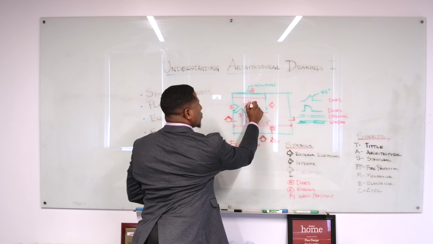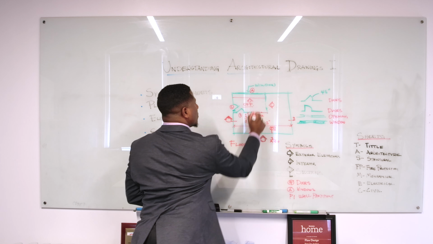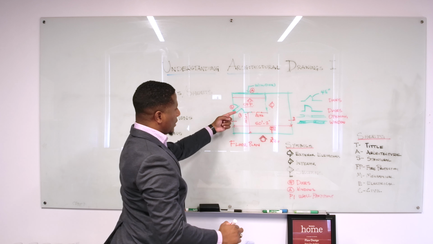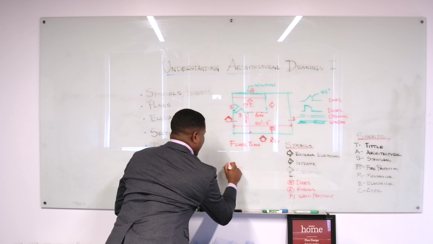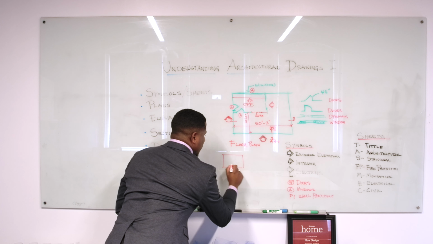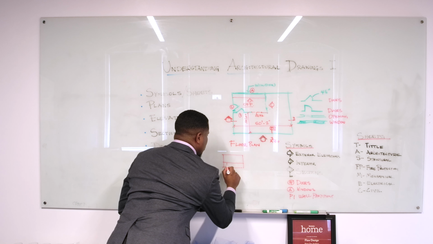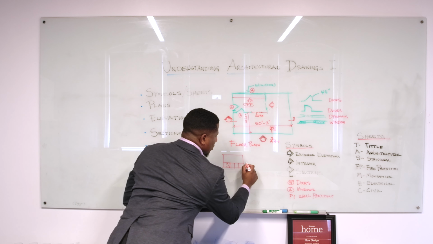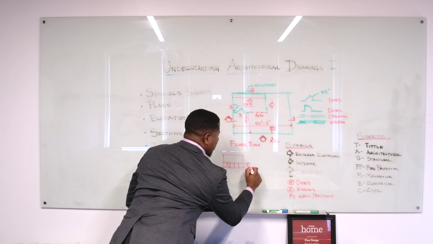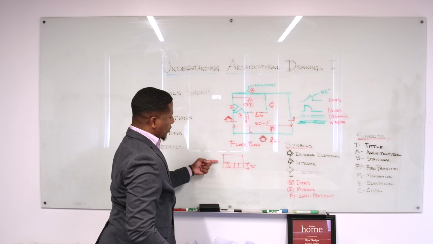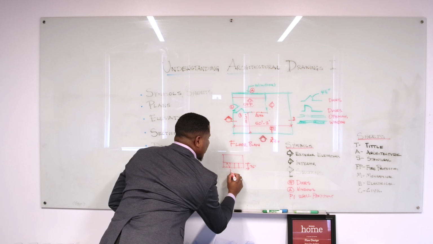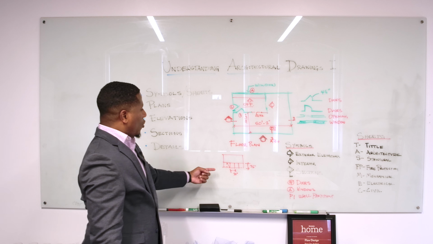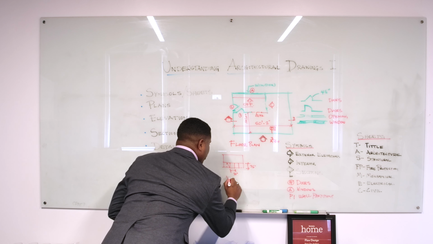If you draw an elevation symbol within that, what that means is in a different location within the set of plans, there is going to be an elevation with a counter, and it's going to have the cabinets, it's going to have cabinet sizes, and it's going to say this cabinet is 36 inches high, this countertop is 36 inches high, the cabinets are going to be 30 inches wide. So now you know that this interior elevation